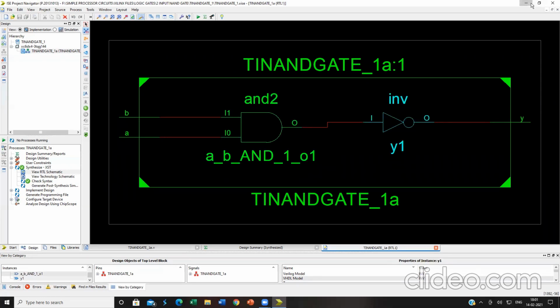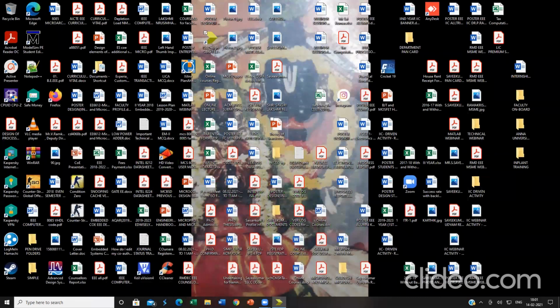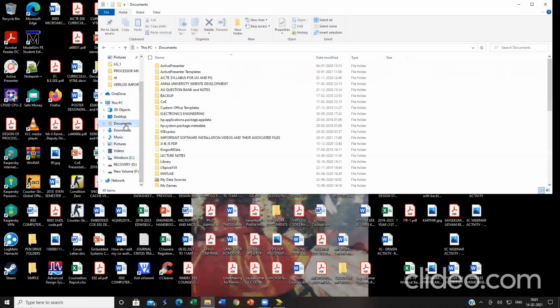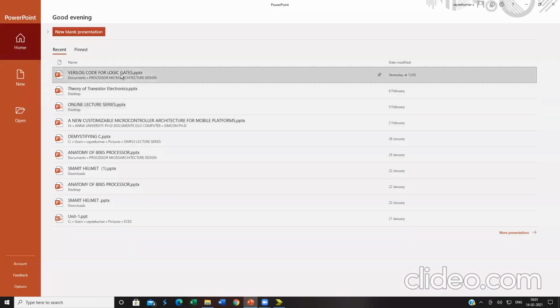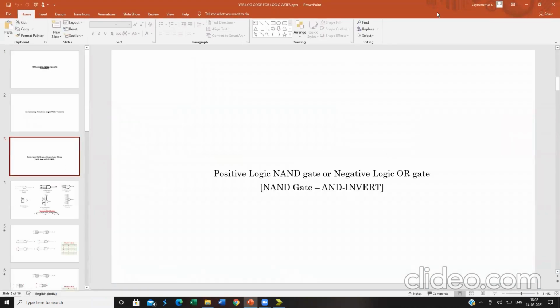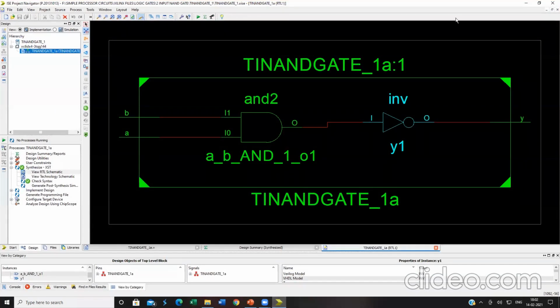Yesterday I would have said why a NAND gate. I would have said the NAND gate is also called AND invert. That is because of this reason only.